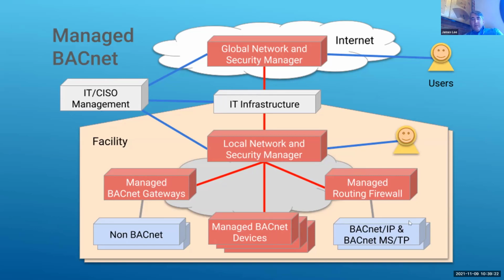On the right over here, we have a box that says Managed Routing Firewall. This is an application layer firewall in BACnet that will go between legacy insecure BACnet networks and Managed BACnet, and that will connect together. If you have other devices like Modbus, if you were interfacing meters, or you had legacy Echelon, manufacturers will produce Managed BACnet gateways that sequester that insecure technology down below and provide an interface to the secured network to allow those legacy components to happen.